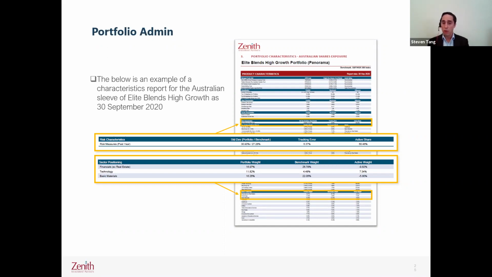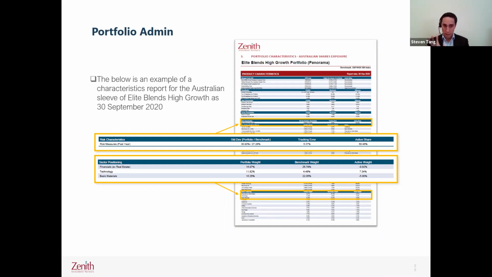So even though we're running more risk in this sleeve, we know it, but when we combine it into a portfolio, you end up with a portfolio that's actually running a lot less risk. The active share part is what you didn't see in MSCI Barra. It is also important that we try and run a lot of active share. So we want to be different from the benchmark.